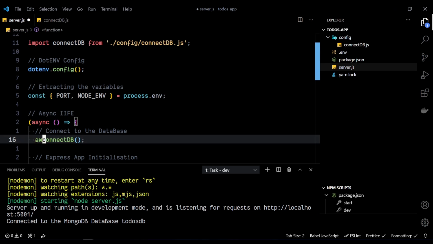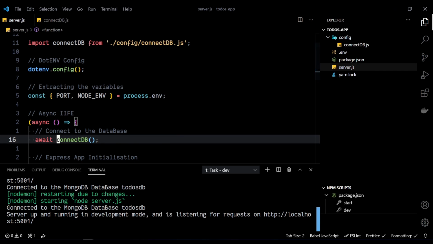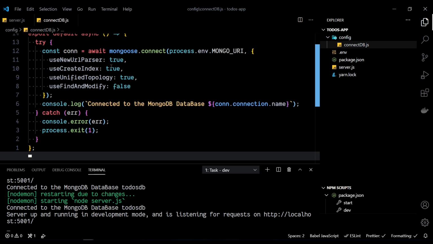Okay, yeah, I'll have to wait for this because that's an asynchronous task. And now you can see the database connection is established, and then we are doing this. Now what is the use of this? If there is a secure connection, then this log statement will be done, and we'll come here and